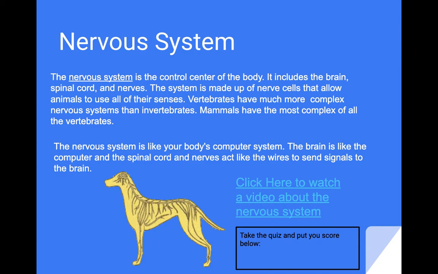It's a system that's made up of nerves and allows animals to use their senses. Vertebrates have much more complex systems than invertebrates. Mammals have the most complex system of all the vertebrates. Remember, vertebrates are those animals with a backbone. The nervous system is like your body's computer. The brain is like the computer, and the spinal cord and nerves are like the wires that send signals to